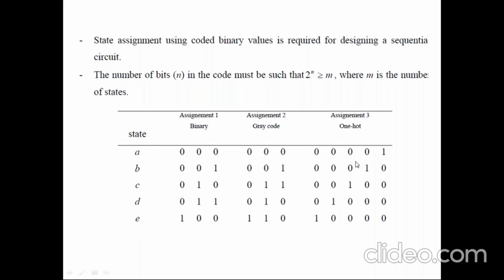Or else this is called one hot code. One hot code in the sense, at any given time in that particular sequence only one bit will be highlighted. So if you observe here, totally 5 states are available, therefore they are using 5 binary digits. So now for the state A, the last bit is highlighted as 1. For B, the second is highlighted as 1, then third, fourth and fifth. So totally 5 are available.